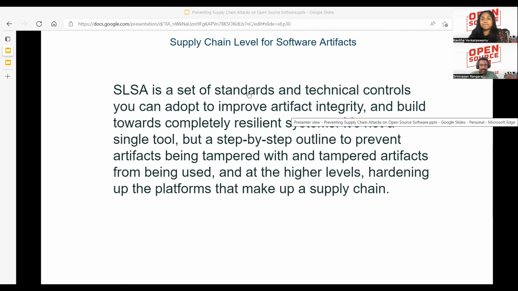What I'm saying is, you can probably take the best practices from the SLSA framework, which is Supply chain Levels for Software Artifacts. This provides you with guidance on how you can handle supply chain attacks. We all know about what happened with SolarWinds and other attacks.